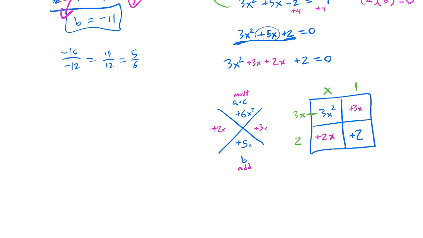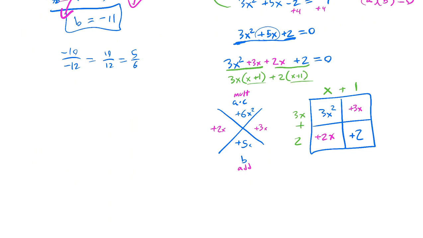Now notice, if I do 3x times x, we get 3x squared. If I do 3x times 1, I get 3x. If I do 2 times x, I get 2x. And if I do 2 times 1, I get 2. So this works, okay? So what I really did is I said, what does this have in common? It has a 3x. And then I'm left over with an x plus 1. And what does this have in common? It has a 2, and now it's an x plus 1. And if they both have an x plus 1, then we can just take that x plus 1 out,